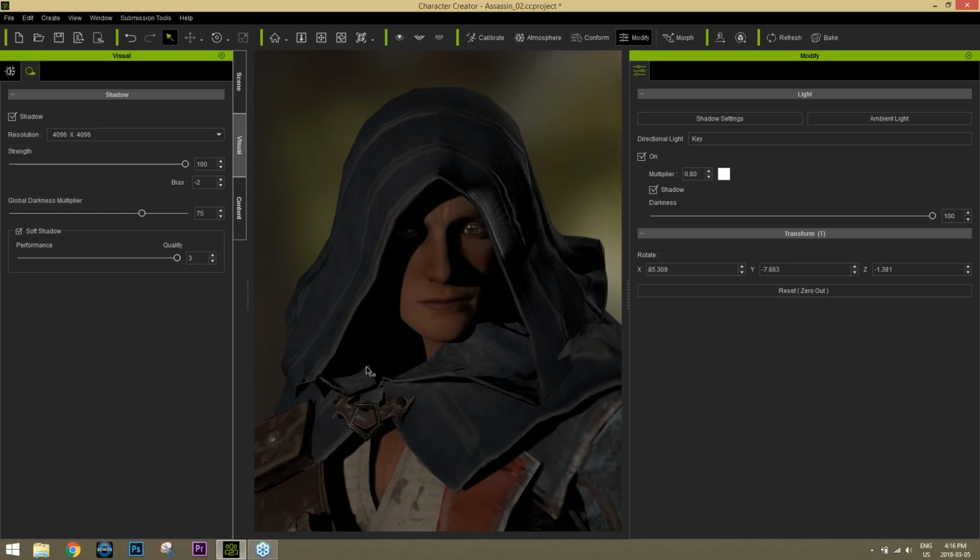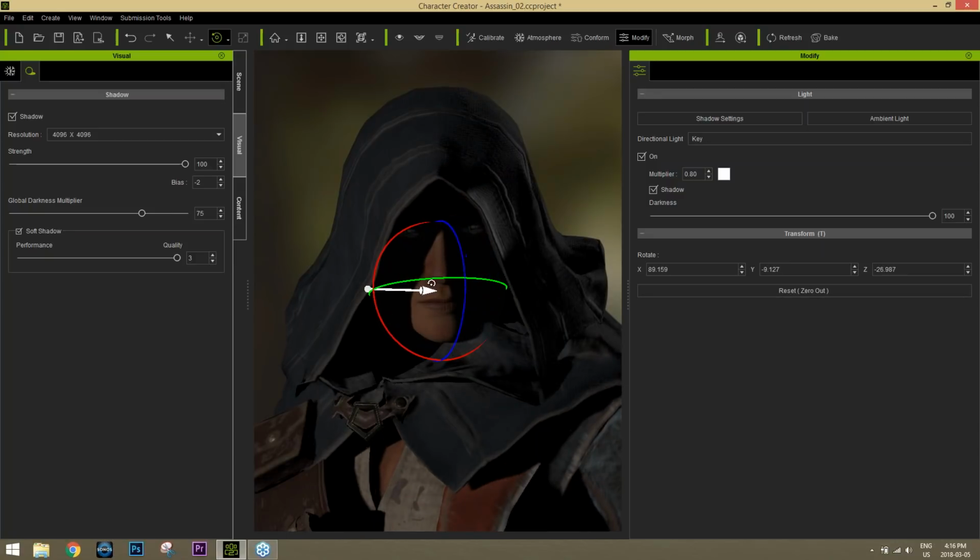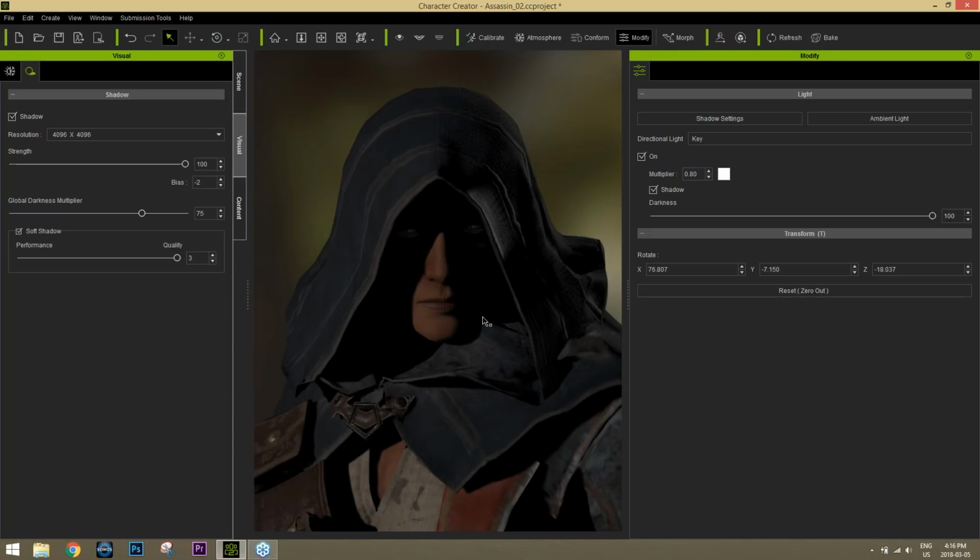So it's a fine balance between adjusting your bias and adjusting the direction of your light to create the most accurate shadowing that you want. Okay. Now another thing here that we can modify. Let's just, yeah, I think that looks kind of cool. Looks kind of mysterious. Now you'll notice as well that our character's eyes are reflecting, and that's because the eyes